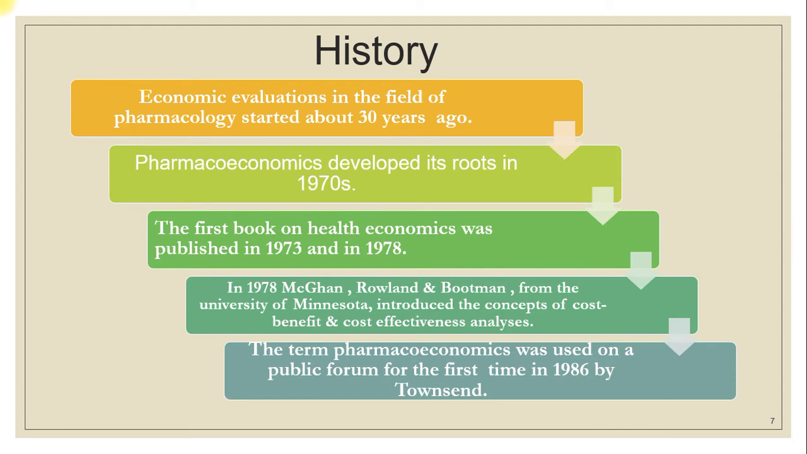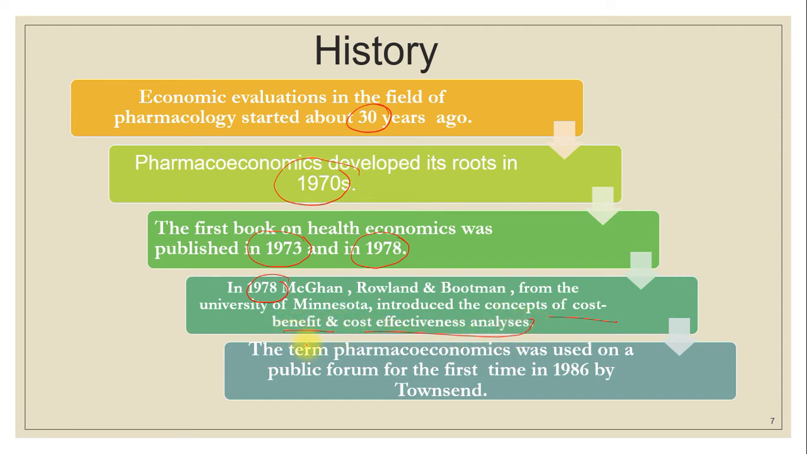Then let's see some history of pharmacoeconomics. Economic evaluations in the field of pharmacology started about 30 years ago. Pharmacoeconomics developed its roots around the 1970s. The first book on health economics was published in 1973, and also one book in 1978. In 1978, McGann, Roland and Bootman from the University of Minnesota introduced the concepts of cost benefit and cost effectiveness